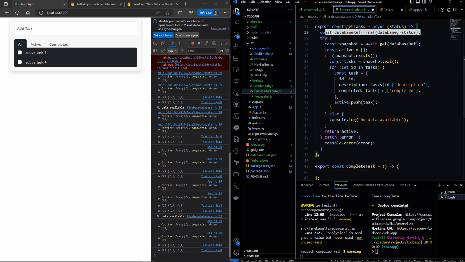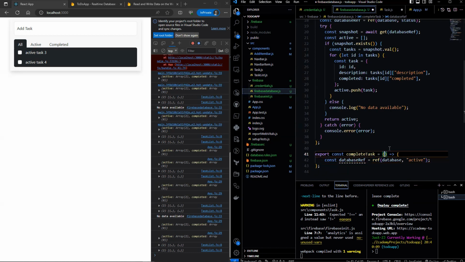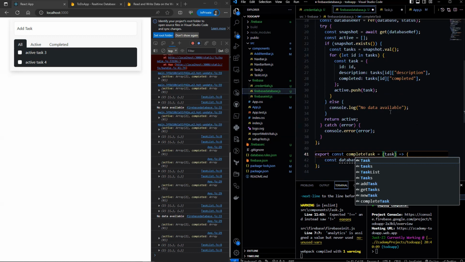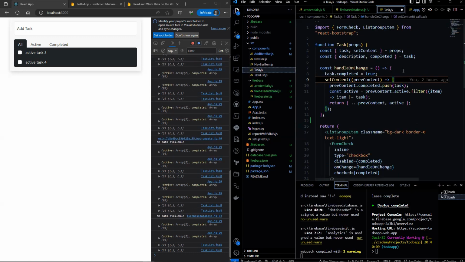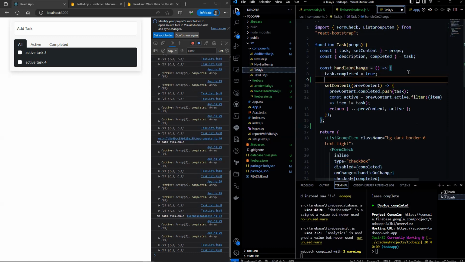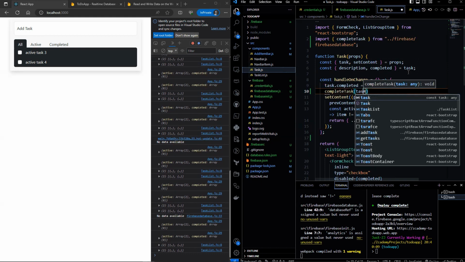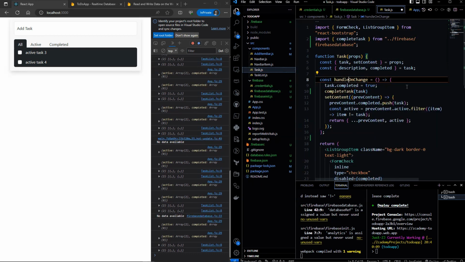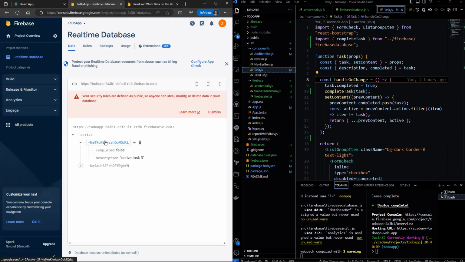Let's get a reference to the database and pass the task in as a parameter. Let's call this function here and pass task in. Let's head over to the Firebase console and click on this task.